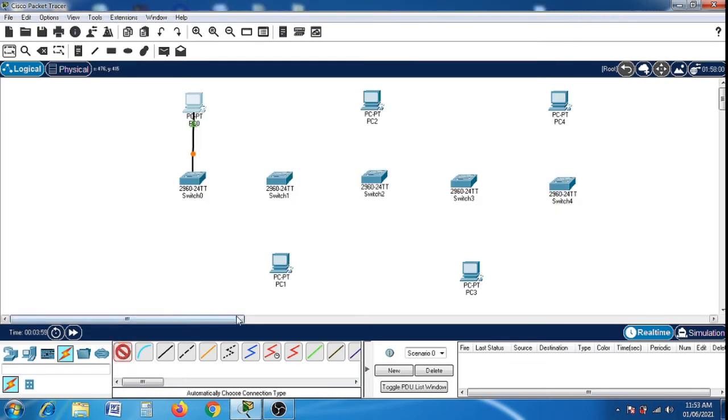Then another automatic connection from the system to this switch, then again from system to switch, then from system 3 to switch, and another connection from system 4 to switch 4.